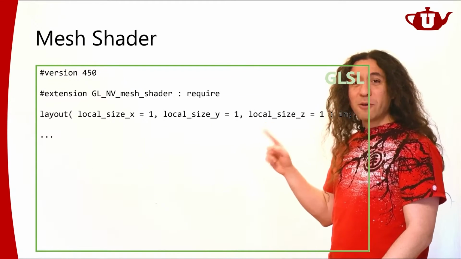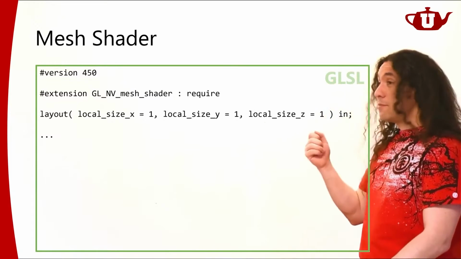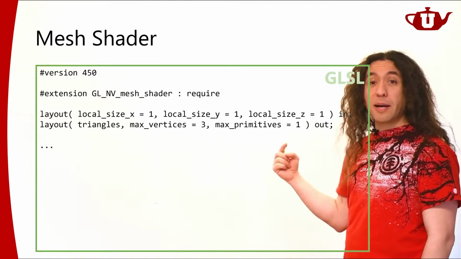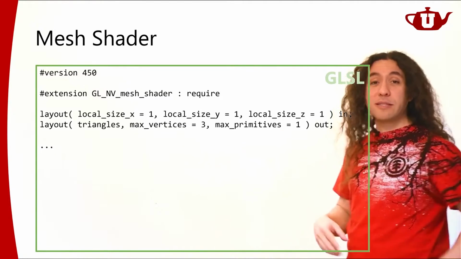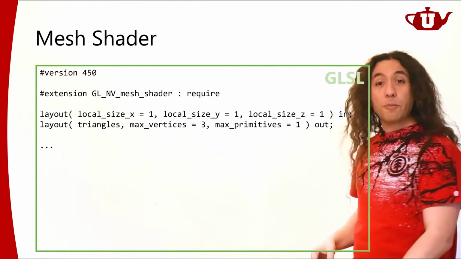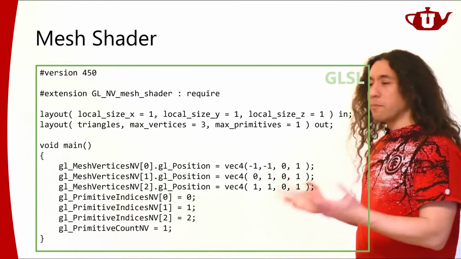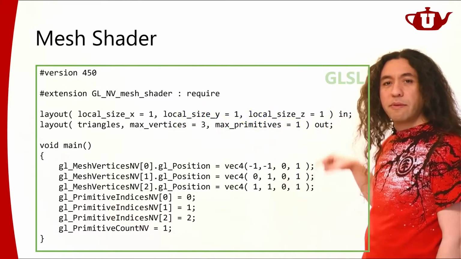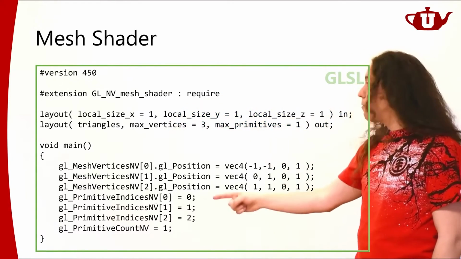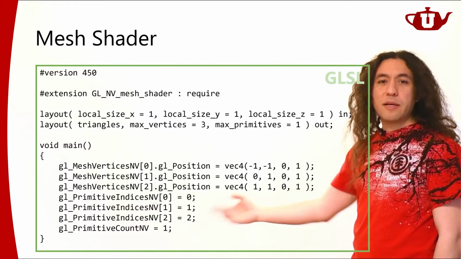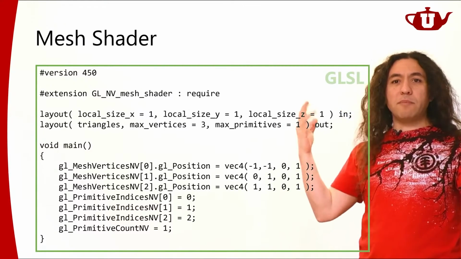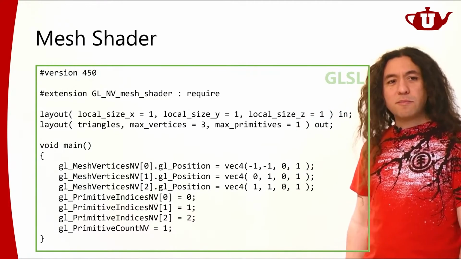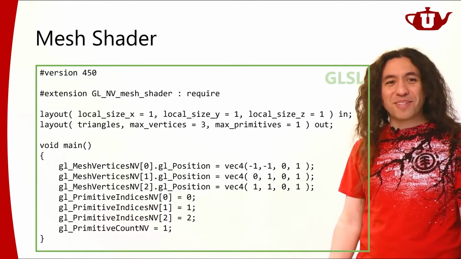I also need to specify, since this is a special kind of compute shader, its output. So I'm outputting, let's say, 1 primitive and 3 vertices. These are the maximum numbers. I can decide to output less. And the shader code could be something simple like this. I'm outputting these 3 vertices, the vertex positions are here, and I'm forming a triangle here. That's my primitive, and I output this primitive. I'm done. So this is a pretty bad mesh shader, but it's a very simple mesh shader example.